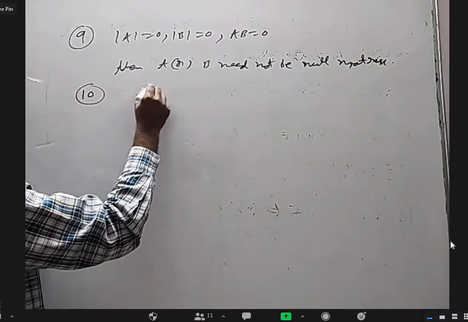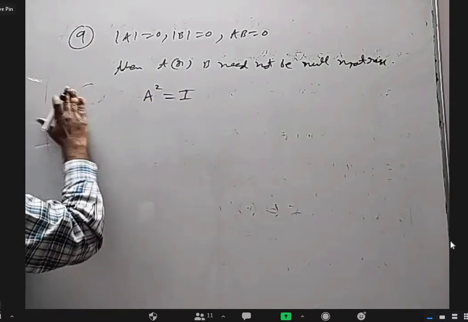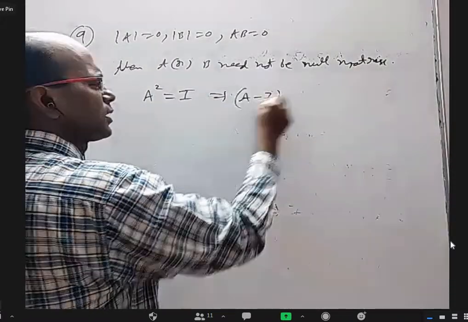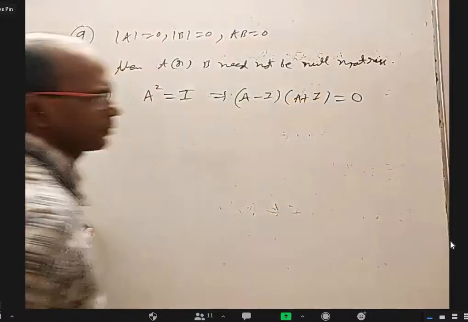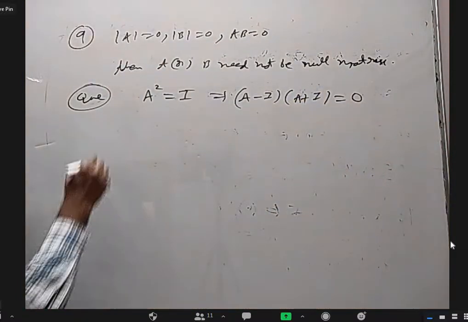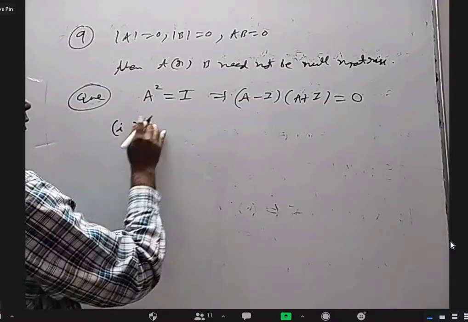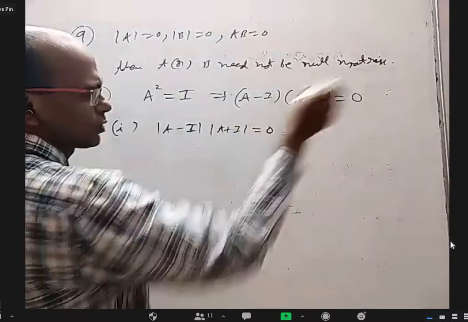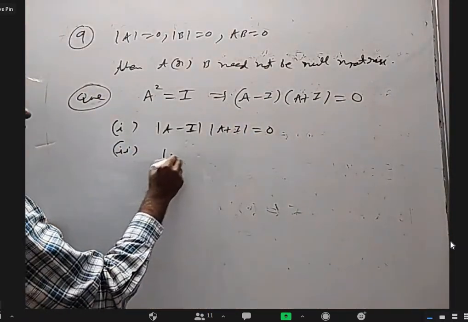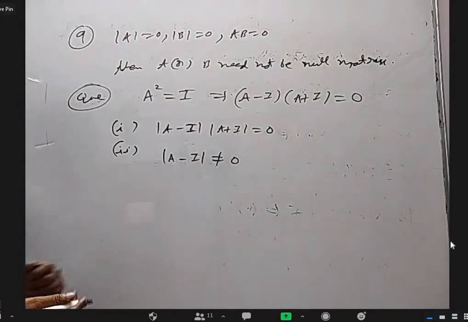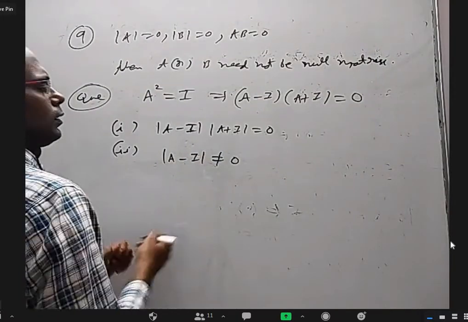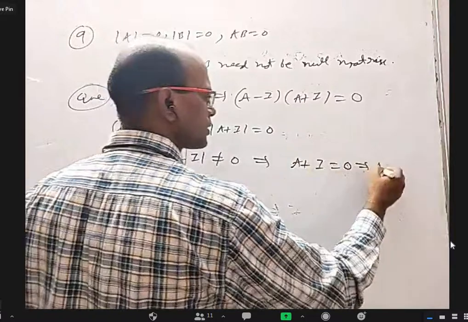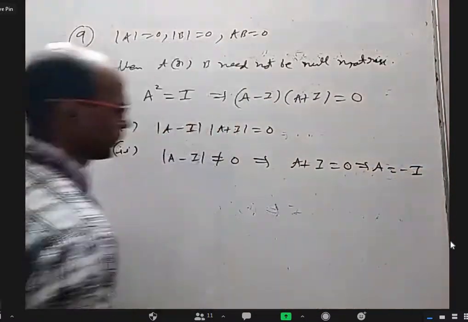Okay, so there are many questions of this sort. For example, they may, let us say, give you A square equal to I. This is just a question only. A square equal to I means (A minus I) into (A plus I) is a null matrix. So based on what we discussed, first point, det of (A minus I) into det of (A plus I) is definitely 0. Second point, if det of (A minus I) is not equal to 0, then I can multiply the inverse of this. Then it will become A plus I must be a null matrix. A must be minus I only, nothing else.